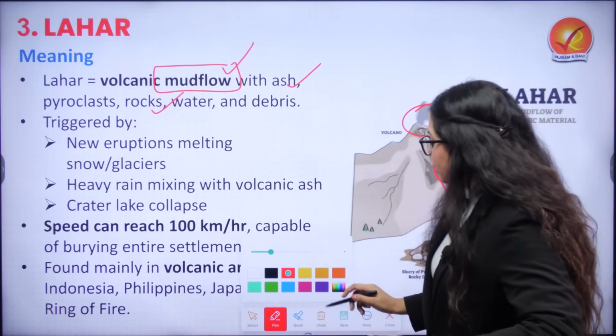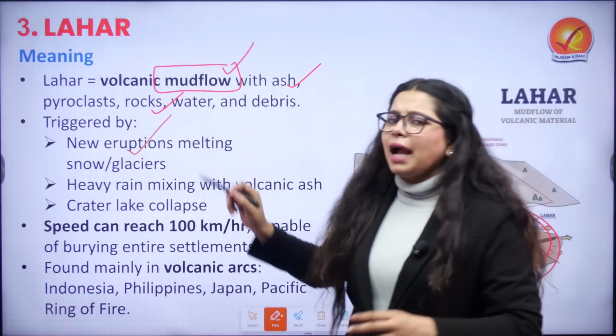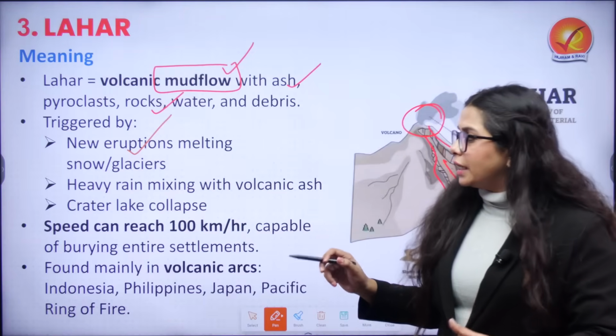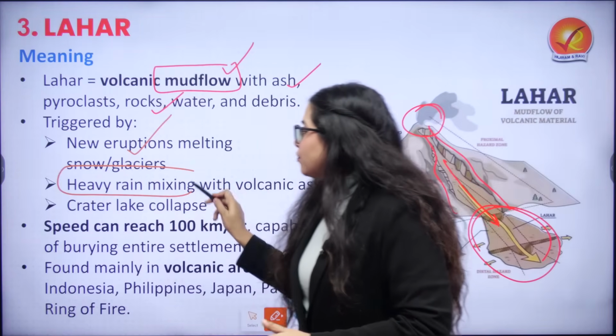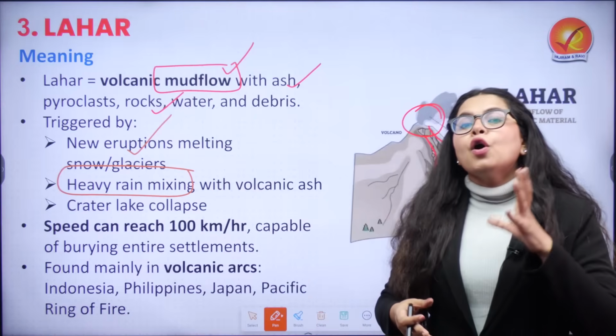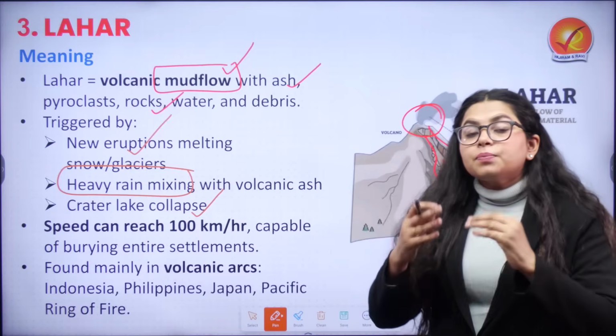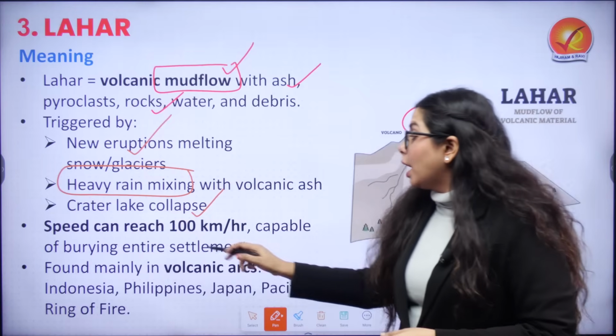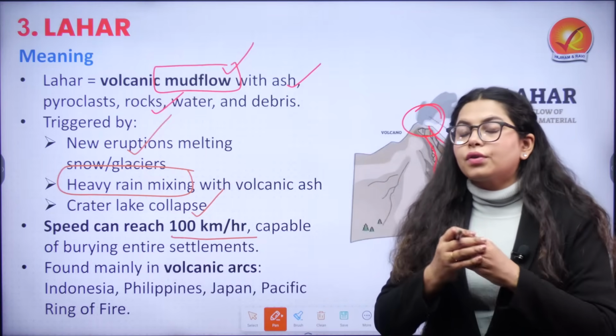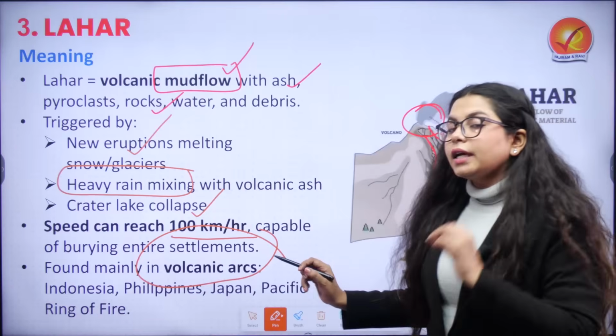It is usually triggered when we see new eruptions and excessive melting of snow or glaciers, if there is heavy rain mixing with the volcanic ash, or if a crater lake collapses. The speed of lahars can go up to 100 km/h, capable of destroying settlements, and they are usually found